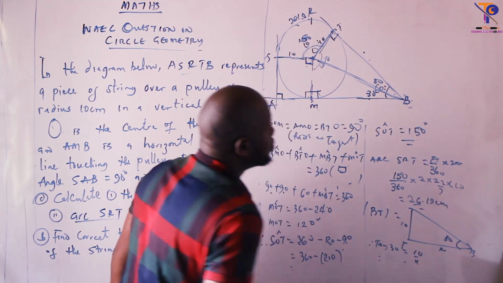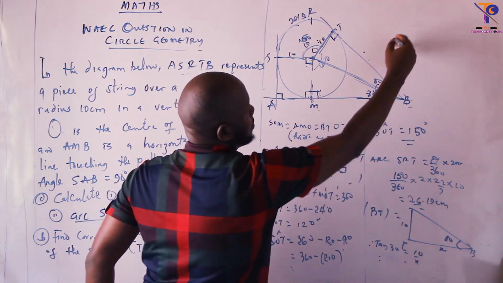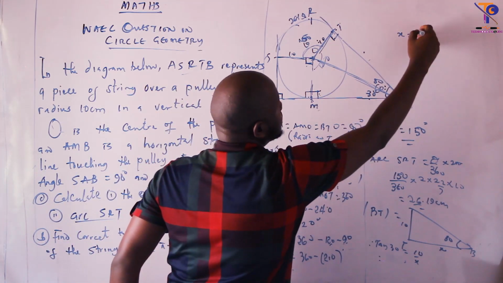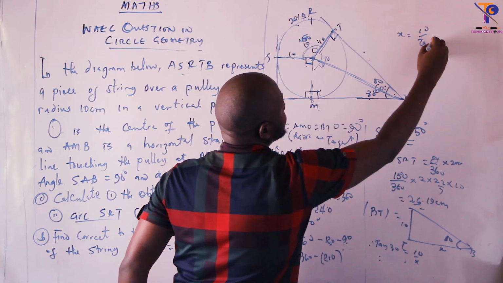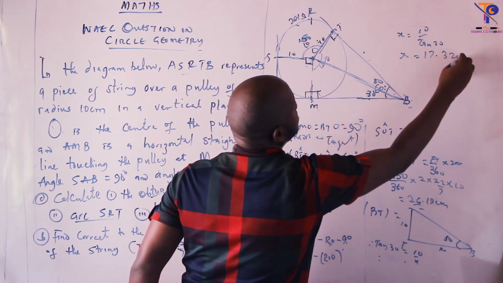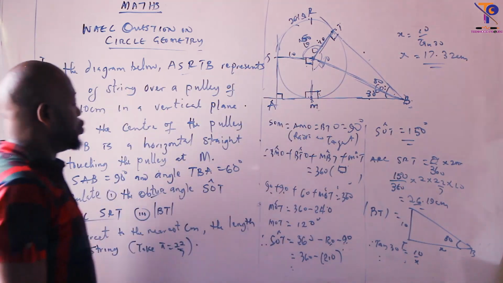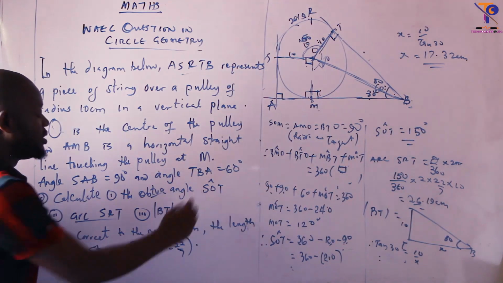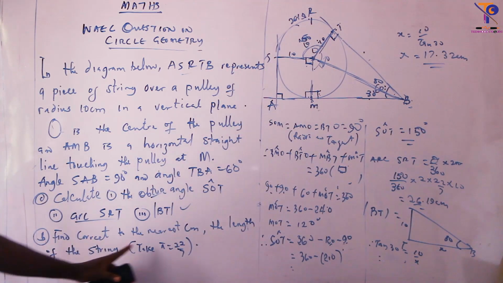So my x is going to be 10 over tan 30, which is going to be, I'm sure, 17.32 centimeters. So we have this. Once we have this one to be 17.32 centimeters, then we can go for the third question,